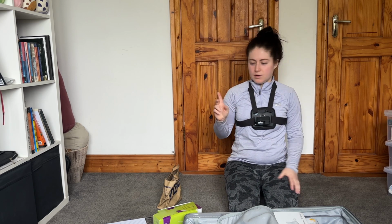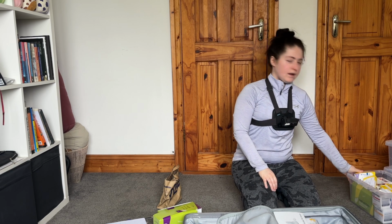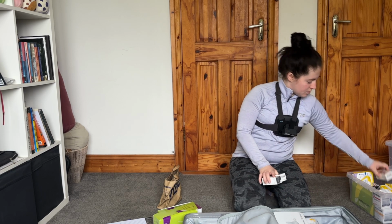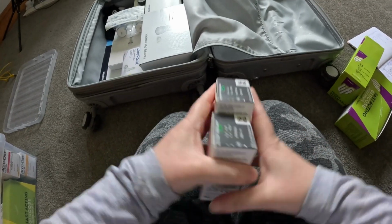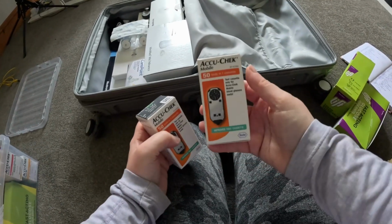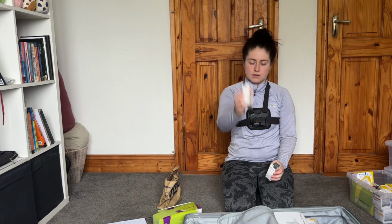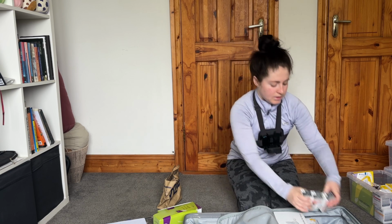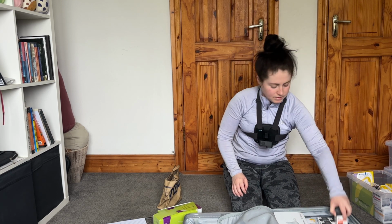I'm going to be bringing my monitor, so we're going to bring some test strips for that. And I did get a load of new ones, but I'm going to bring some older ones that I have. I'm just going to check the date of them because they should be fine. So the date on these, it's the AccuCheck mobile cassette, and oh yeah, the dates are like 2025. So I'll bring 4 boxes of them